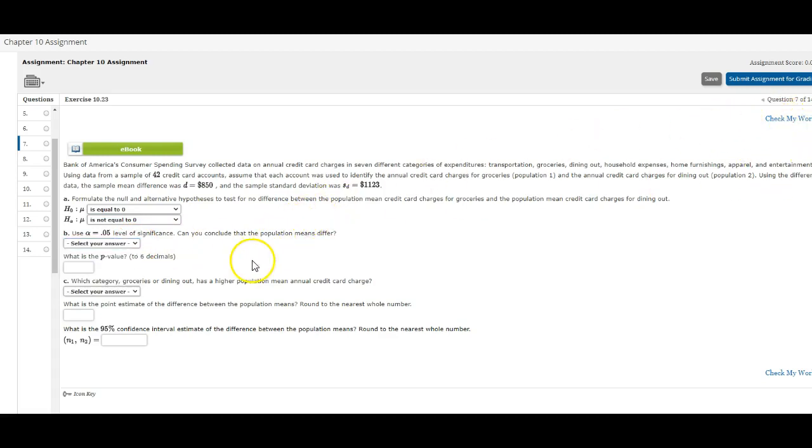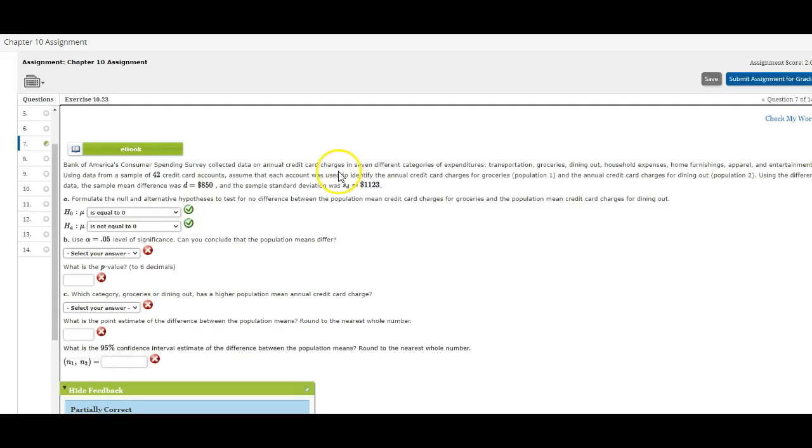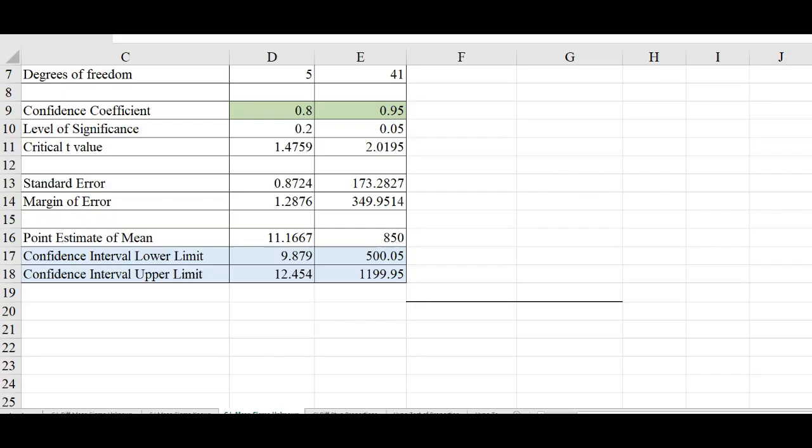So I'll show you that that's correct first. And then we'll move on to how we solve the problem. So we want an alpha of 0.05, and we want to test whether or not the population means differ. Well, that's a hypothesis test for a simple mean. We would use